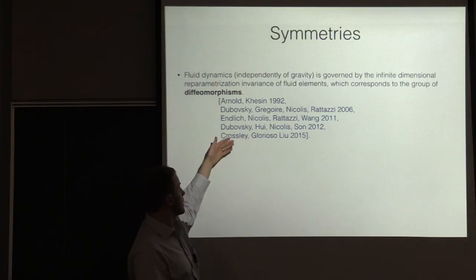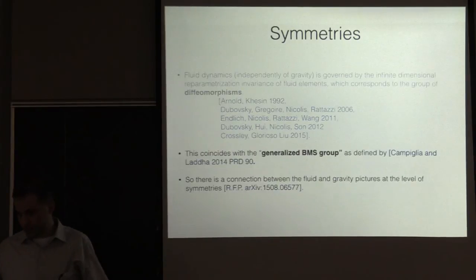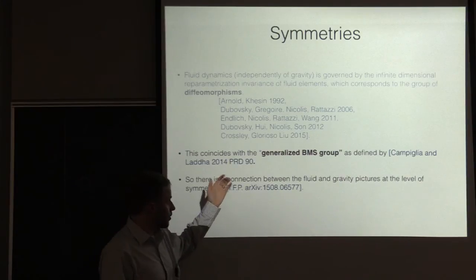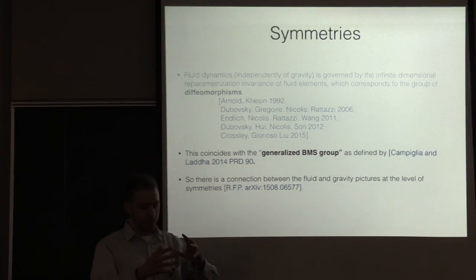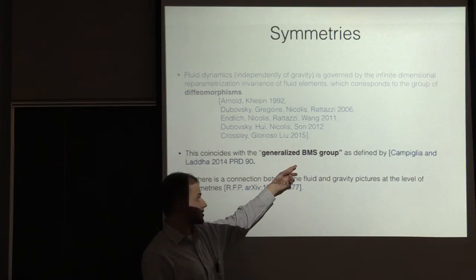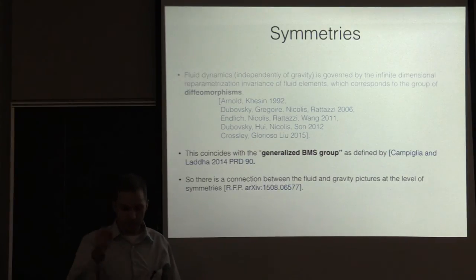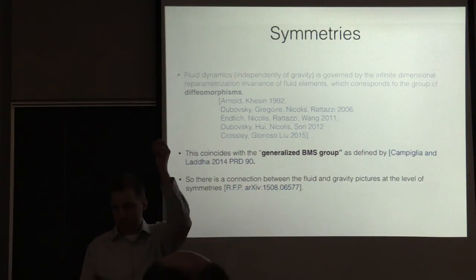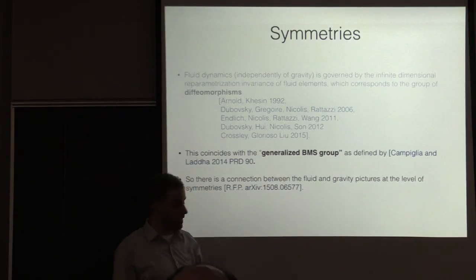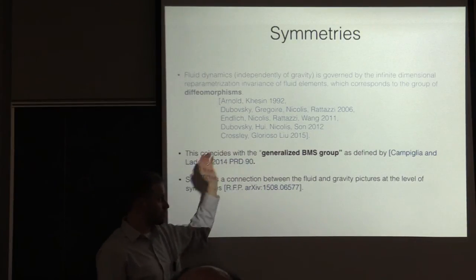And it's a generalization of things like Sergey has done here. One of the things I point out with the paper is that over time, people have been generalizing the BMS group and slightly changing its definition. And there's very recent versions of the BMS group which exactly correspond to these fluid symmetries. So the time reparameterizations in the BMS literature are called supertranslations, and the spatial diffs in this literature are called super rotations. But there's a matching between the symmetries on both sides as well,